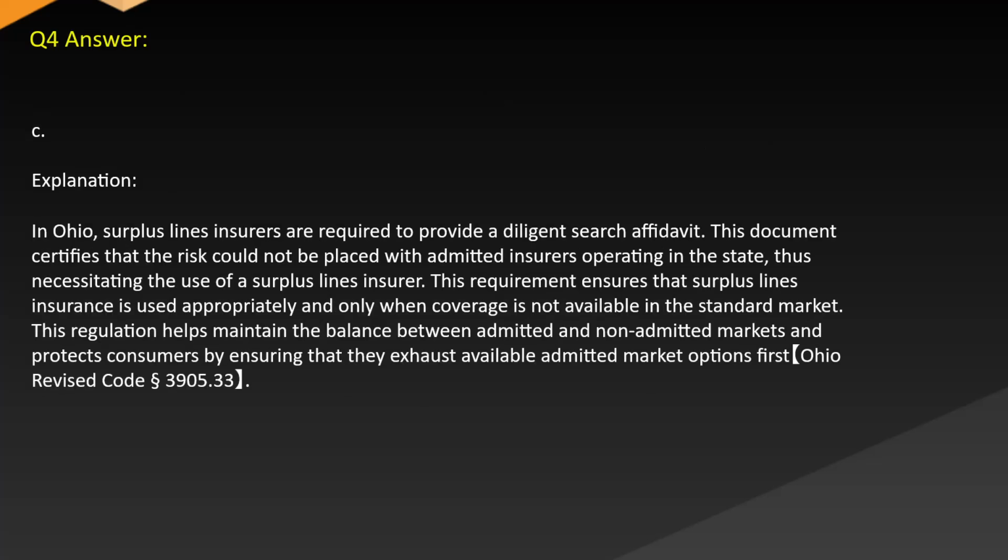Answer: C. Explanation. In Ohio, surplus lines insurers are required to provide a diligent search affidavit. This document certifies that the risk could not be placed with admitted insurers operating in the state, thus necessitating the use of a surplus lines insurer. This requirement ensures that surplus lines insurance is used appropriately and only when coverage is not available in the standard market. This regulation helps maintain the balance between admitted and non-admitted markets and protects consumers by ensuring that they exhaust available admitted market options first. Ohio Revised Code §